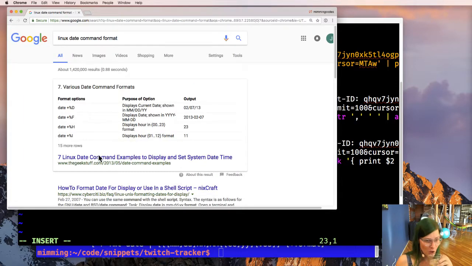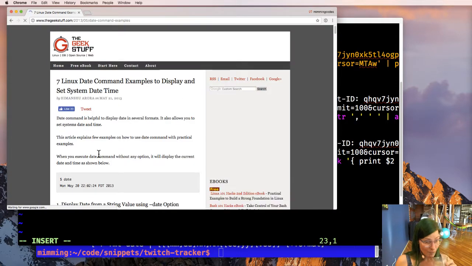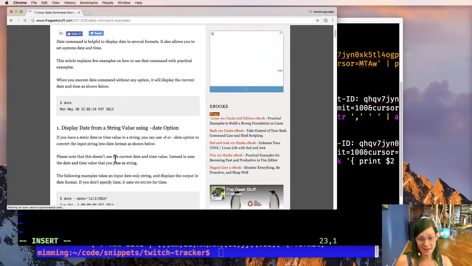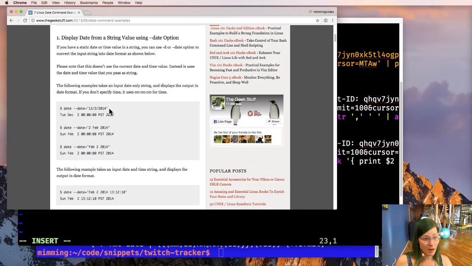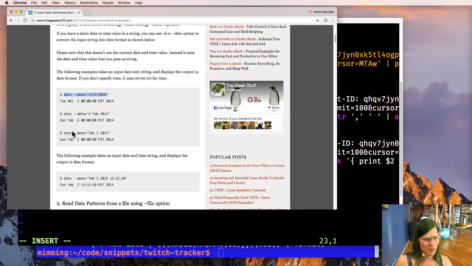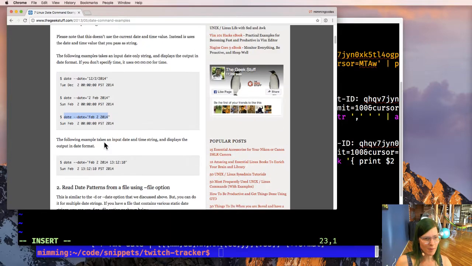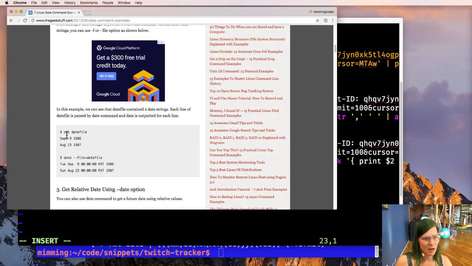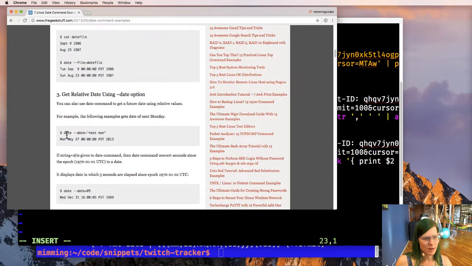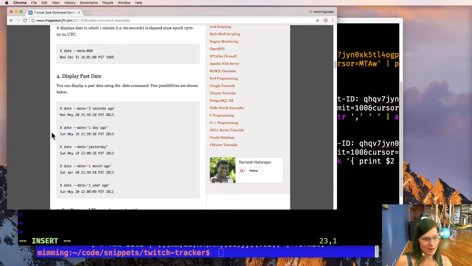Oh my gosh. Shockingly, it didn't lead to a Stack Overflow post. Oh, okay, so it's -- date. That might actually work. Really? Oh no, so this is taking a date string and formatting it. I just want it to output in a certain date format.